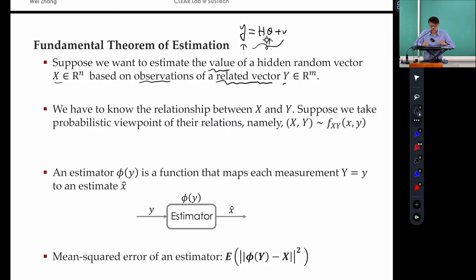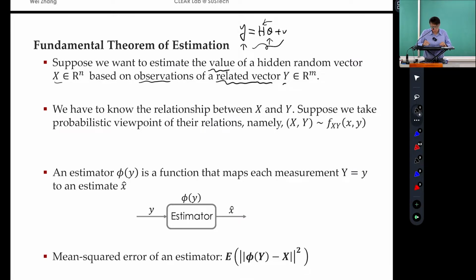All right, so now in this lecture, we are going to take a little bit of a jump. We don't think about them as a deterministic relation. So this is almost like Y is a matrix times theta, and this matrix is deterministic, right? We're having an almost deterministic relation between the hidden variable and the measurement. Now, for machine learning, or for a Kalman filter, we are going to take a much more powerful viewpoint, which is probabilistic relation. How these two are related. If you tell me the joint distribution, then we know exactly how they are related.